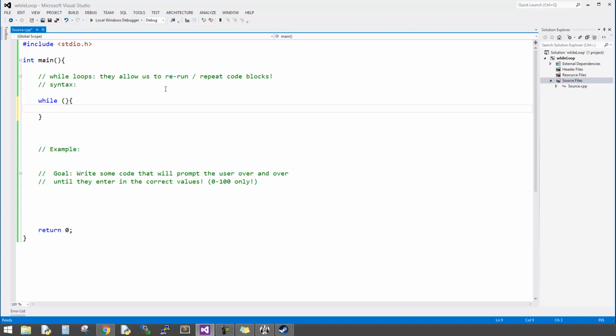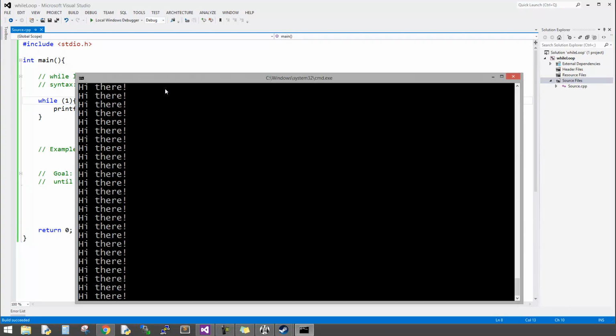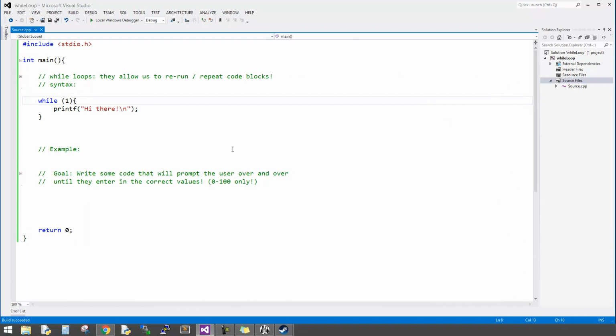So I'm going to do printf hi there, and we'll just put a 1 for true. So while true, run this code. I'm going to run it. I don't know if you can see this, but it's still running, and it's printing hi there over and over again, nonstop. It's not ending. So I just hit Control C to kill the program, or you can just hit the X. That works too. So notice, if you want this while loop to stop, you need to somehow get this expression